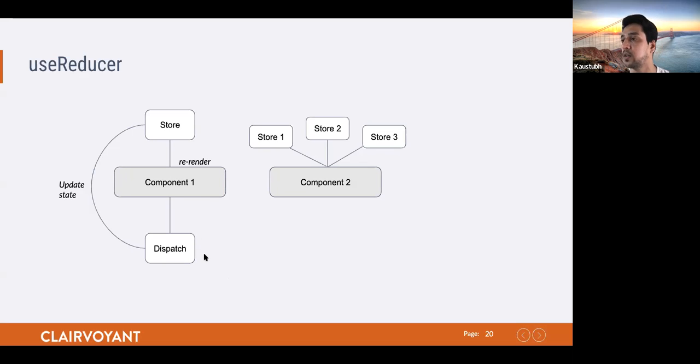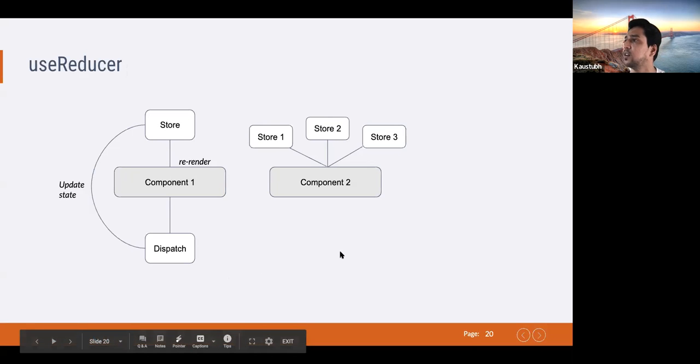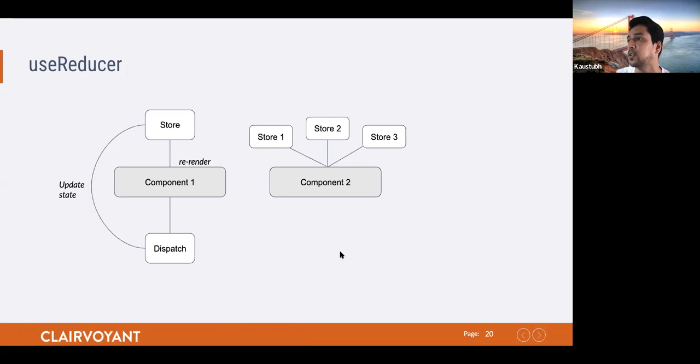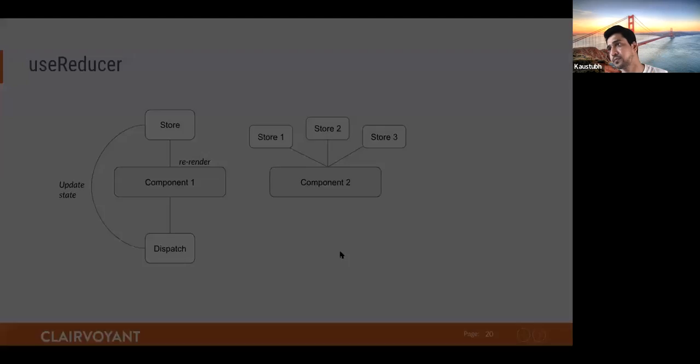The component, in the same fashion, triggers a dispatch, it goes to the store, it updates the store, and the component gets re-rendered. The only difference you might have seen is that there is no connection between these two components. We don't have any connect method over here. So that's the reason I would say useReducer is very similar to the useState hook that we just saw, but only for cases where we have complex state.